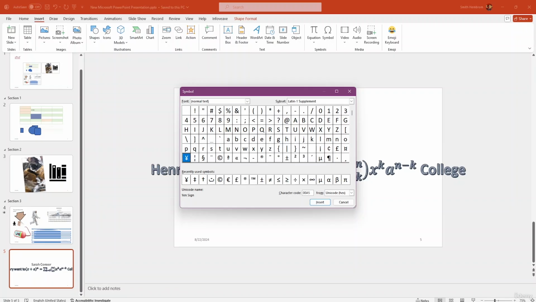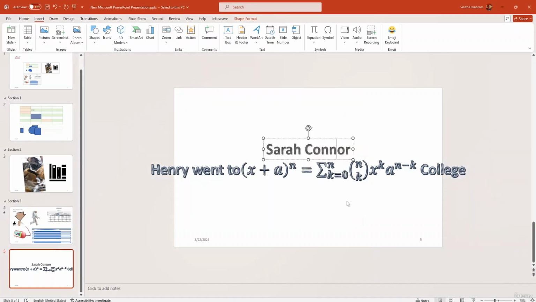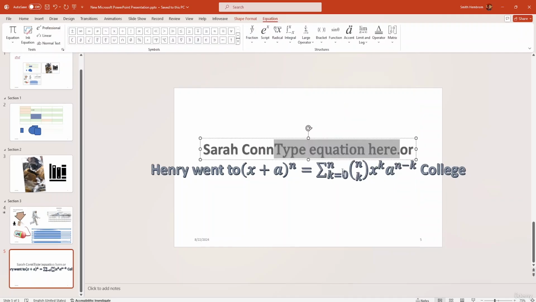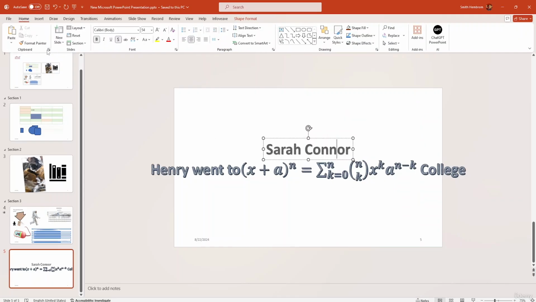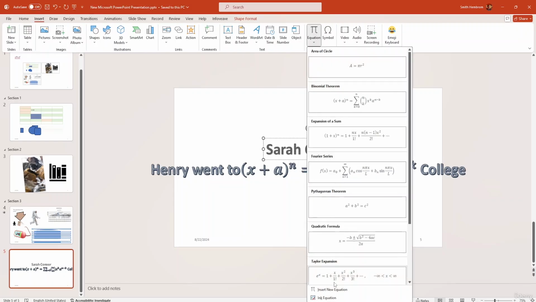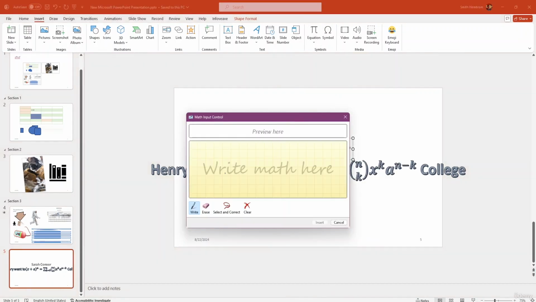You can also insert with the character code, from Unicode, hex code, decimals, or ASCII, whichever one you prefer. Now, another thing about equations is that you can insert new equations on your own. You can type your equations and work along with it. But it's going to take a bit more time, so I would suggest you just download it and use it. And there are also other options such as ink equations, so you can write your equations, maybe something like